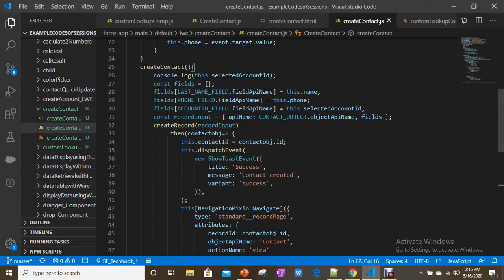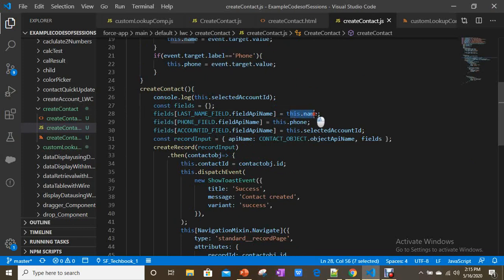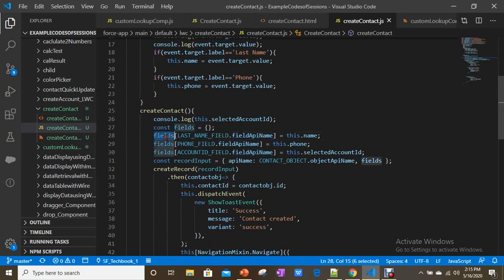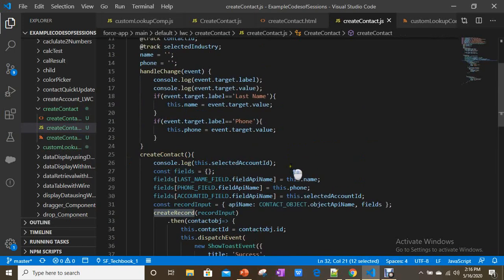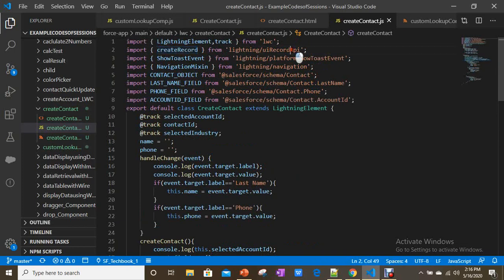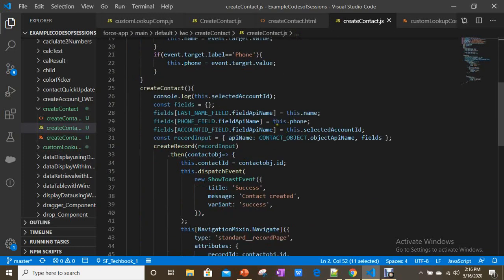Here I'm just assigning values to fields by using fields of last name field dot field API name. It gets the field API name and I am assigning those things. After assigning all values, I'm preparing a JSON with the API name of the object and fields, and I'm giving this record input, in JSON format, to the createRecord method, which is imported from the UI record API. Then it creates a record.